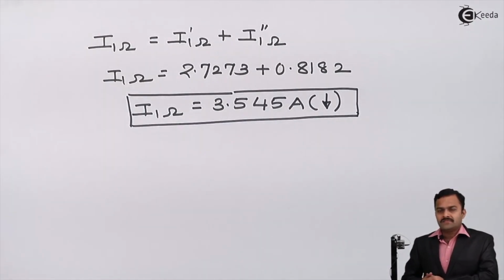So here we have seen every time we are not supposed to use mesh and nodal analysis to increase our steps. You better go for source transformation, series parallel connection of resistances to get an answer. It depends upon how good you have understood the concepts of source transformation, current divider rule, and all the remaining things. So here we have come to problem number 6. In subsequent videos, we will solve more numericals. Thank you.